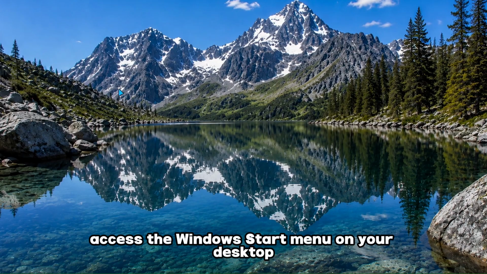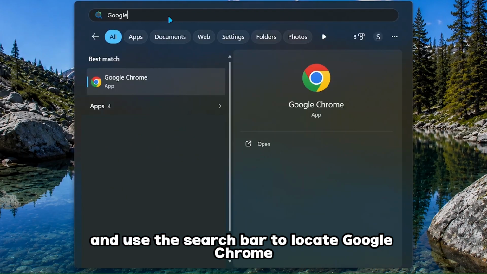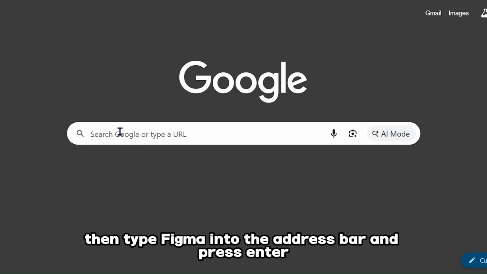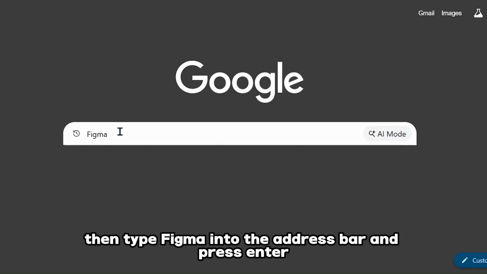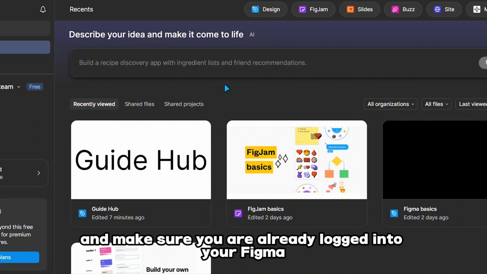First, access the Windows Start menu on your desktop and use the search bar to locate Google Chrome. Open the Google Chrome application on your computer, then type Figma into the address bar and press enter. From the search results, go to the official Figma website and make sure you are already logged into your Figma